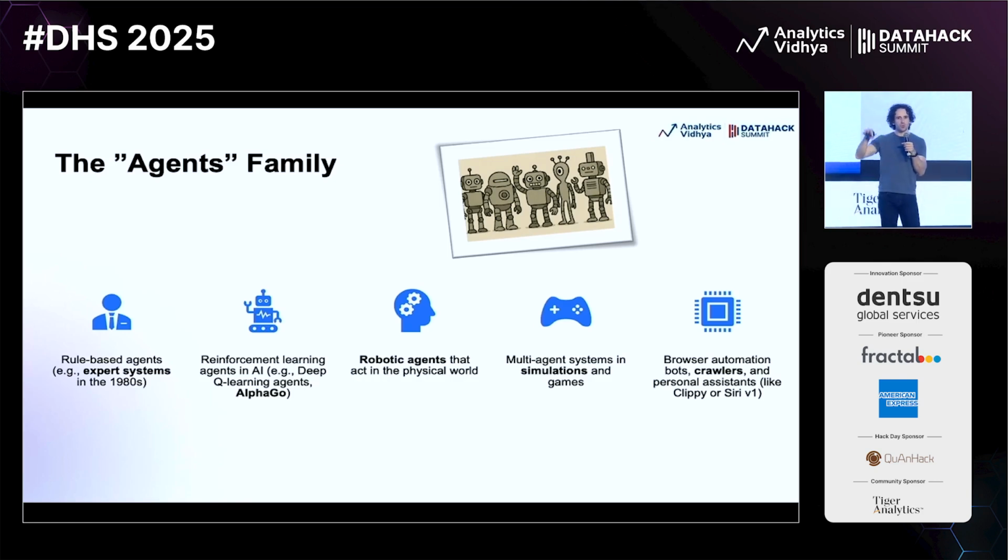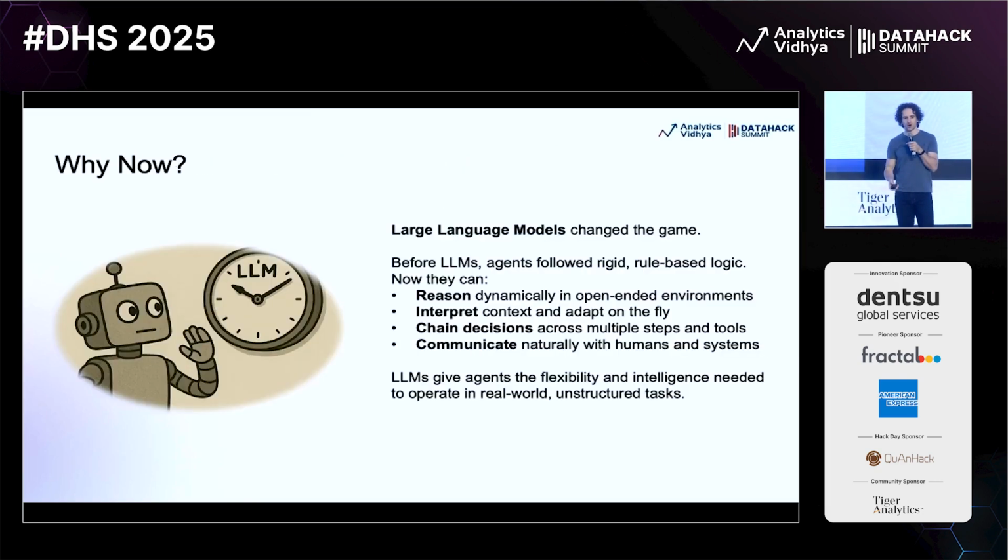Once again, because it was actually walking into a dynamic system. And based on the input, it changes the way it works. We have the simulation agents, we have crawlers. So agents is not something new. So why now? Why are we talking about agents now? Why is it so famous? And most of the times we talk about